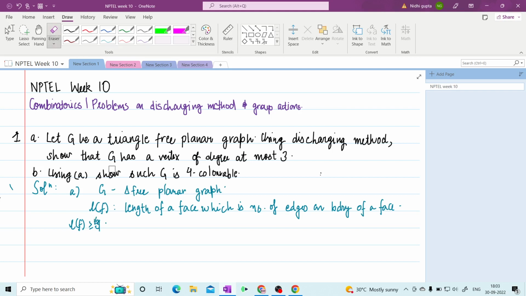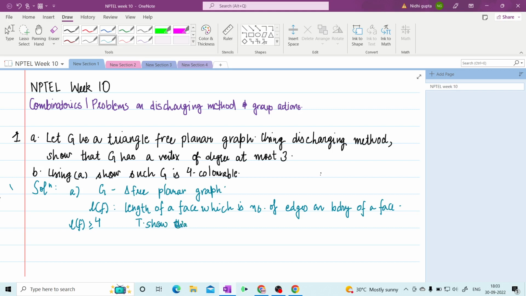Any face should have at least 3 edges, but since this graph is triangle free, any face will have at least 4 edges, and we have to show